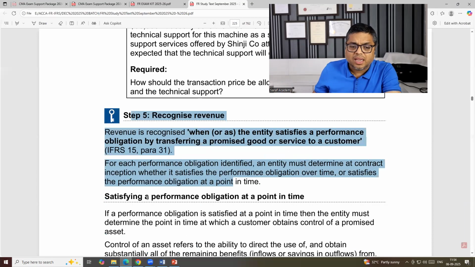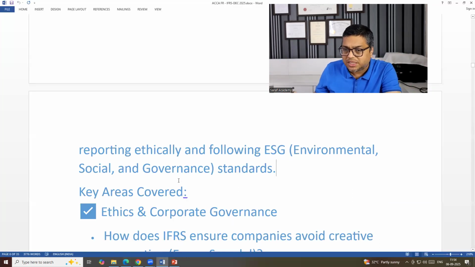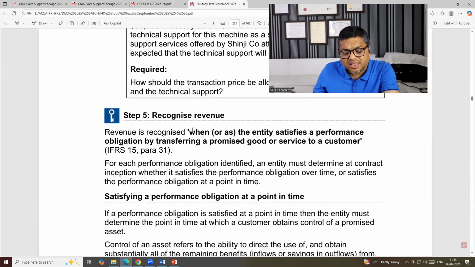But if somebody is facing some issue in my notes, you can refer to this. But my advice, no point reading this entire text again. You refer to my notes, it is better. But if you want to refer, you can. Normally my notes are enough. You need to prepare or solve questions from the exam kit, that is better.